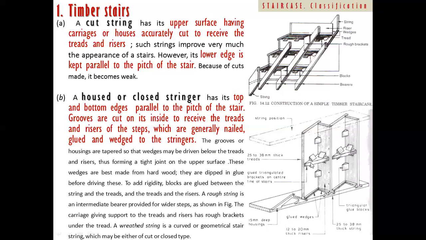And then to make it very strong, you can place this angular waste timber material, called wedges, so that it can get fixed and should not get displaced. In between you can see these are the blocks. We can place the blocks in between the tread and riser. Look at this. Then later on we can nail it also from here and here, to give additional strength so that even this block should not get displaced. You can place these other triangular pieces. That is how your timber staircase can get a